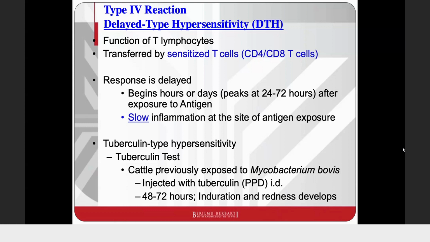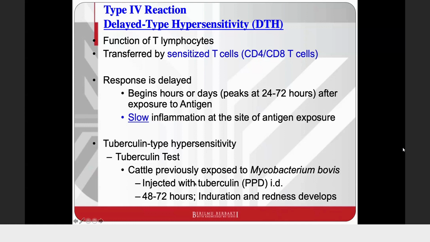So if you are exposed to someone that is positive with tuberculosis, that has tuberculosis, usually get yourself an X-ray and also a Mantoux test. In animals we call it the tuberculin test. Basically, if you want to determine whether the cattle are actually infected or vaccinated against Mycobacterium bovis, which is the culprit for tuberculosis in animals,